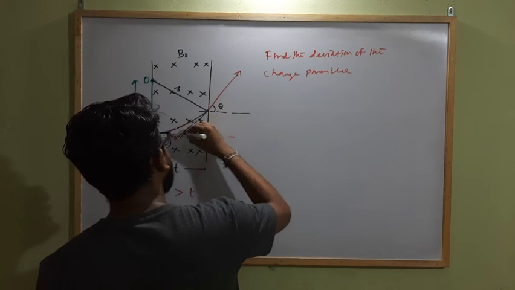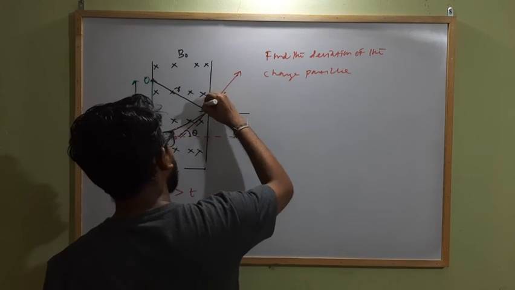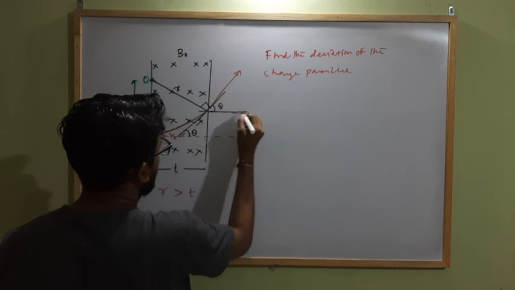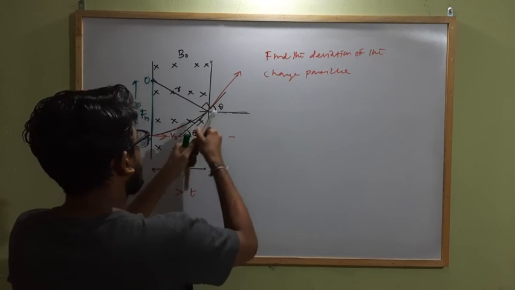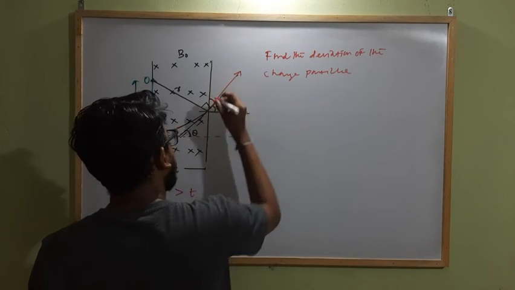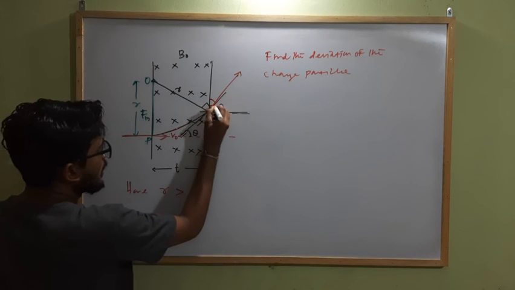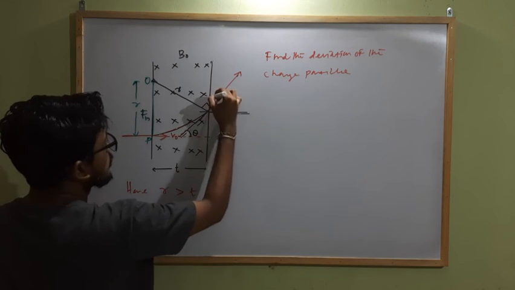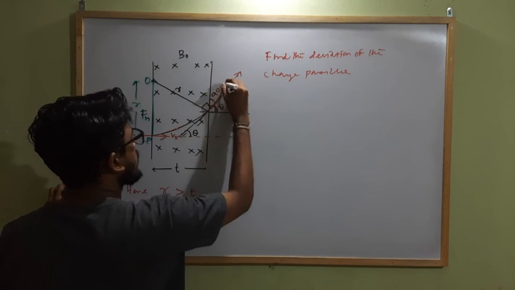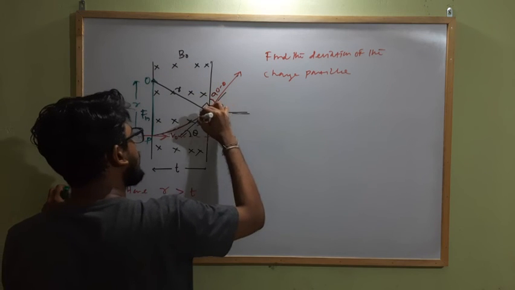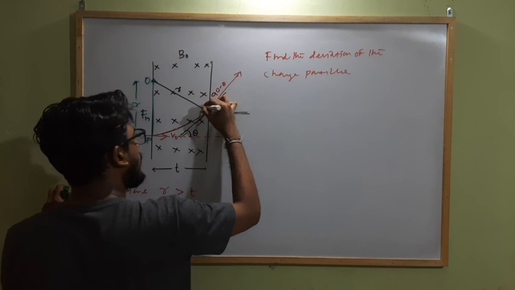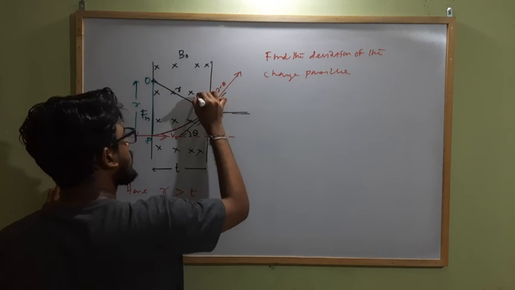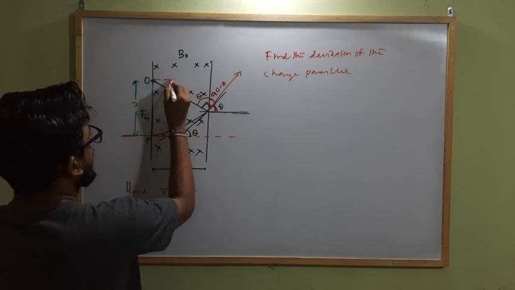The tangent makes 90 degree with the radius r. This angle is theta, this is the vertical and this is the horizontal. So this much angle, the complete angle, is 90. This much angle is theta. So what about this angle? 90 minus theta. As the radius is perpendicular to the tangent, the complete angle is 90, this is 90 minus theta. So this much angle will be how much? Theta. I am drawing a perpendicular like this.